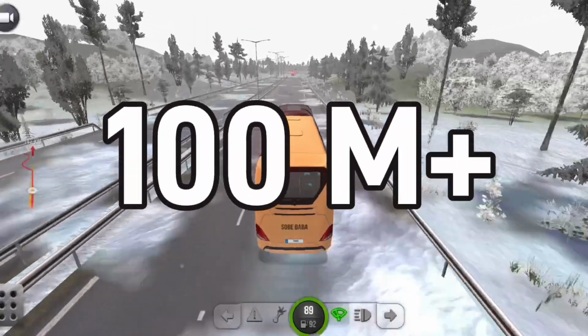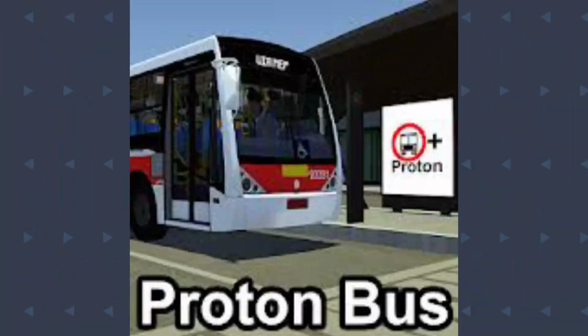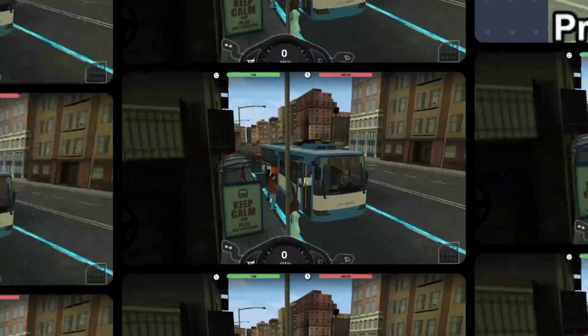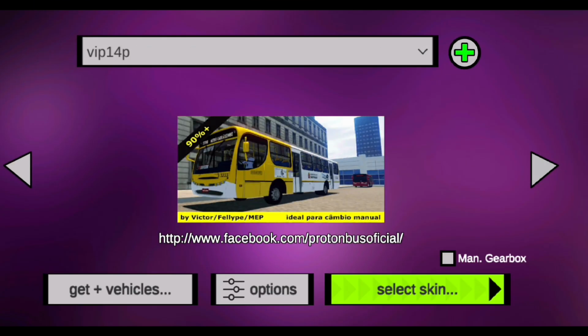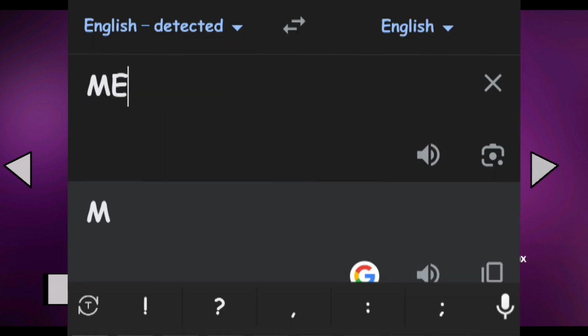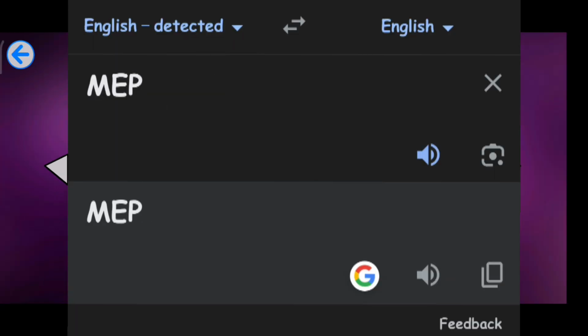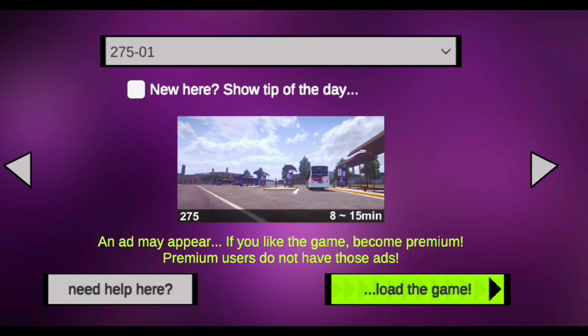The game has now over 100 million downloads on Play Store. The next game we're talking on is Proton Bus Simulator Urbano, developed by MEP. It was first released in 2019 and